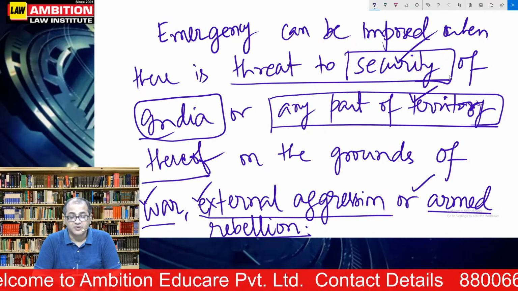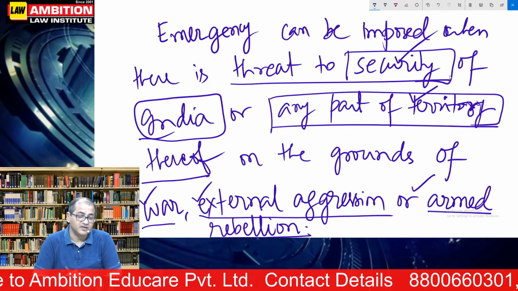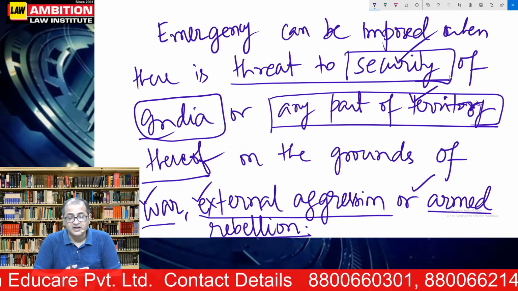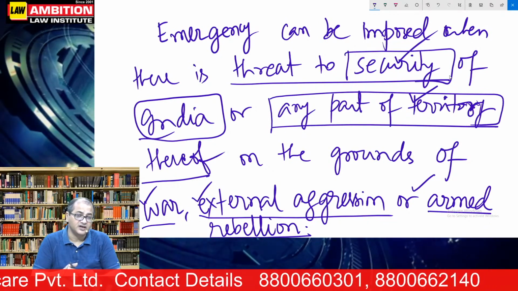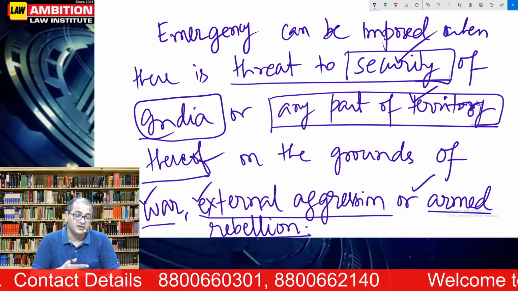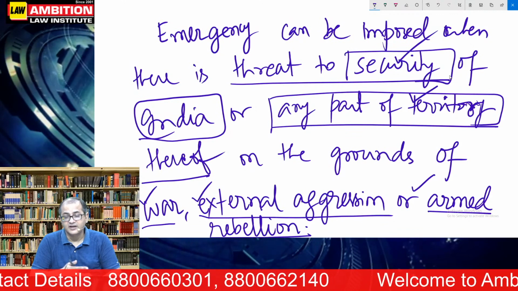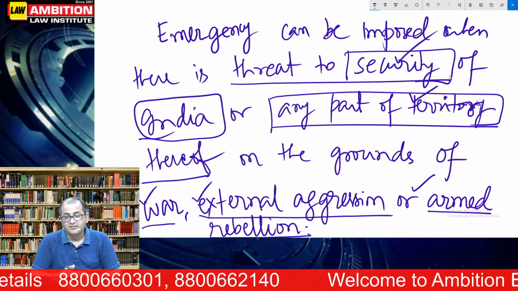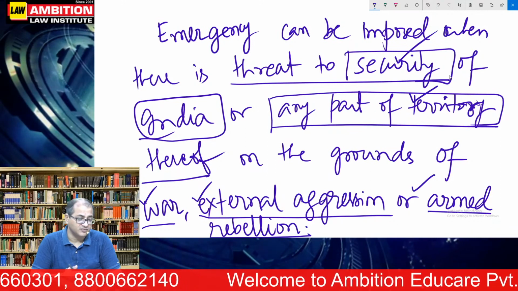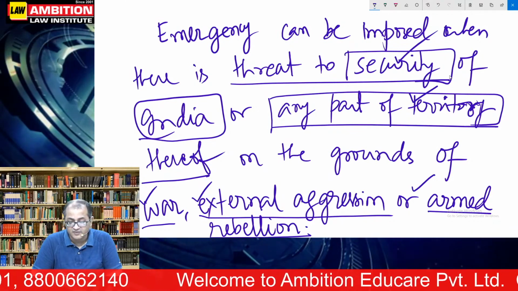Armed rebellion is when people have risen with arms and there is a rebellion. Many countries face this kind of situation, IS and something like that. Armed rebellion, not just rebellion, armed rebellion. So that is also security threat, internal security threat. So that can be a ground for